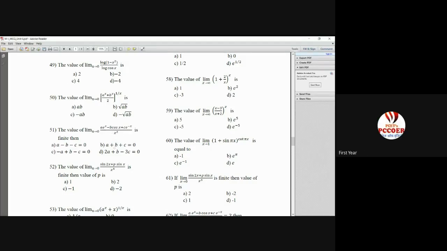And one more thing, b will never be the answer. Very good, I got the hint. What is it? A plus b plus c by 2. Why would it be 0? It is finite. B is never the answer. So the answer is C only, and that is the most approximate answer because you're multiplying with a minus sign.